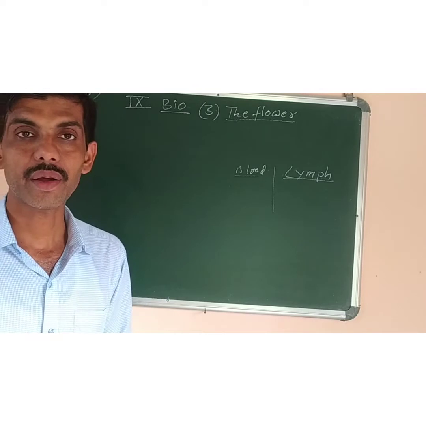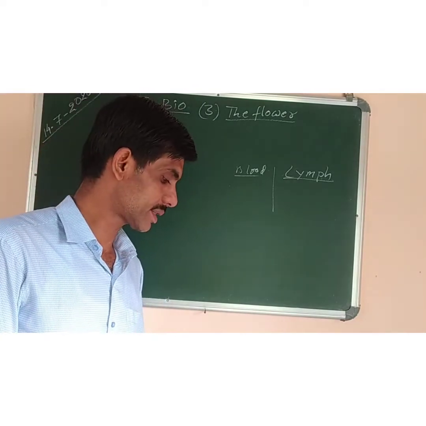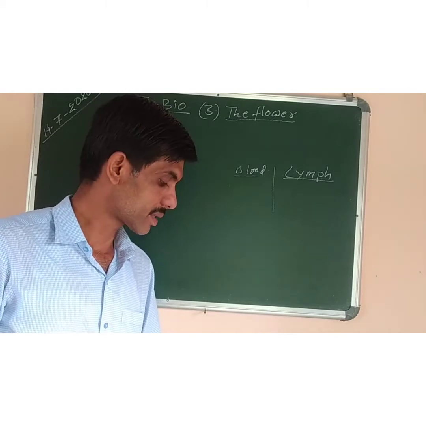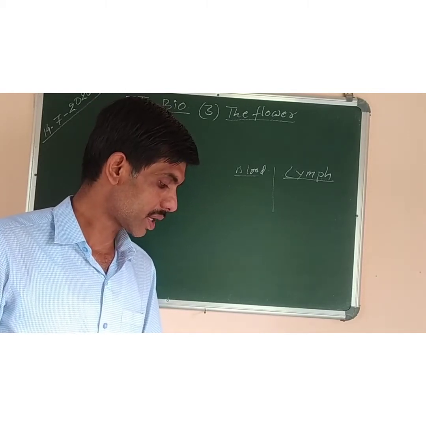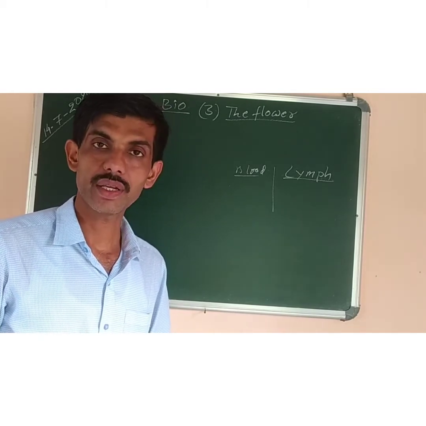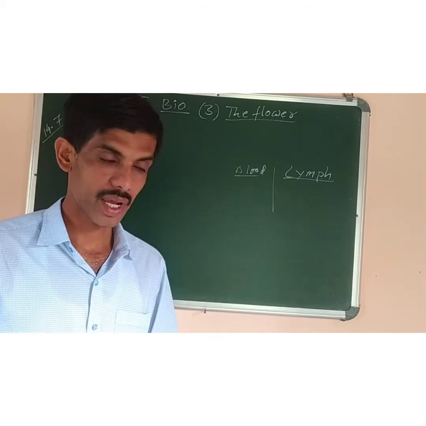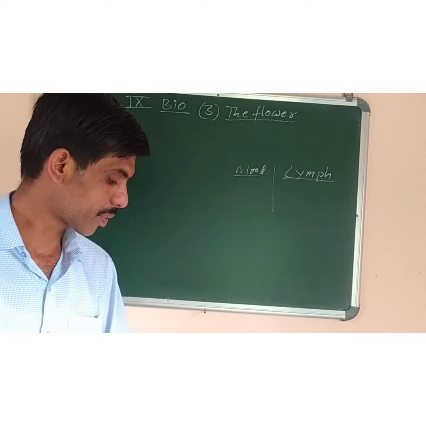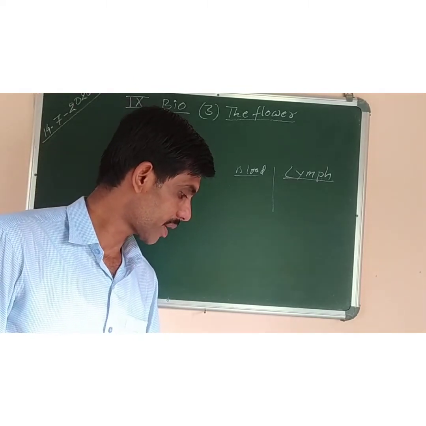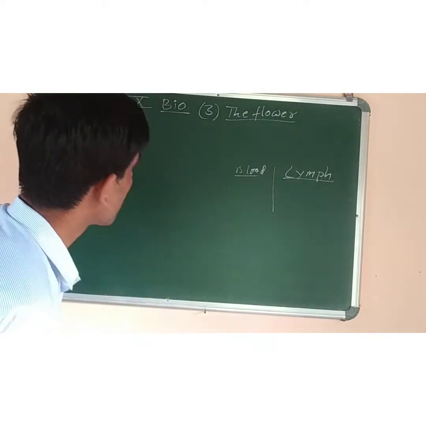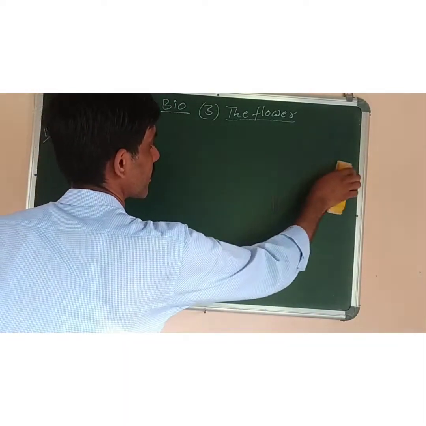Then there are some diagram based questions which you can practice. Like number 1 is the diagram of phloem and some questions based on it. I will click that picture and send it, okay, so that you can practice. 2 diagram based questions are there. Those who have already purchased the book, it's already there on page number 52. You can practice. Now we'll start with a new chapter, that is the flower.